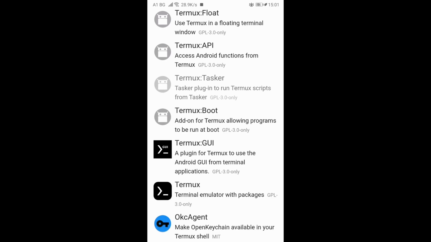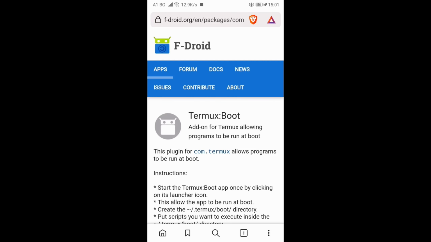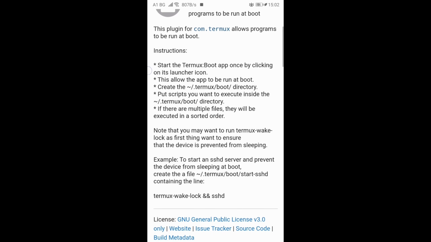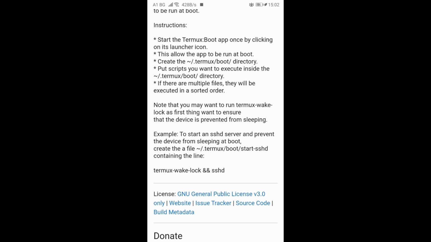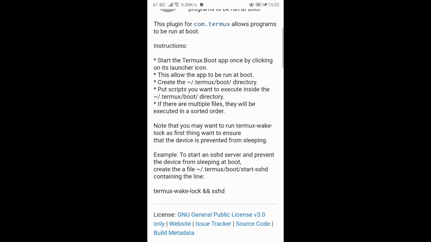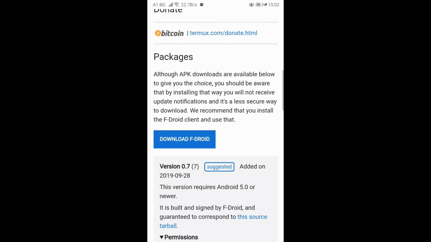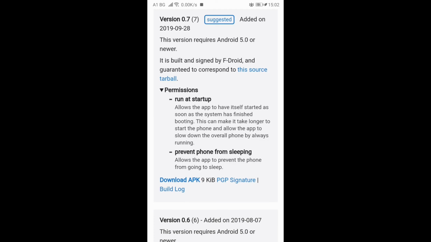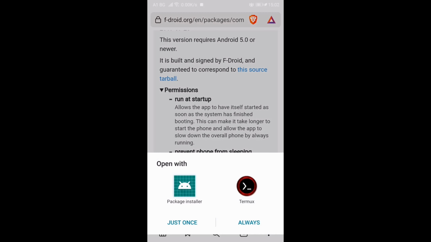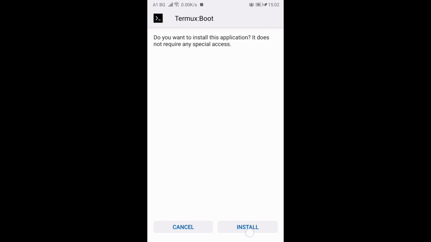At the moment we want to install Termux Boot, so I'm gonna click on it. The website is gonna open, and here we're gonna do exactly what this text gives us, like an instruction. termux-wake-lock is gonna allow Termux to stay alive even when our Android device locks, and the SSHD server will allow us to connect remotely to Termux from our PC or from whatever you want to connect. So we're gonna scroll down and download this latest version. It's from 2019, so we're gonna download this file. Once it's downloaded, we're gonna click on it, install the package,